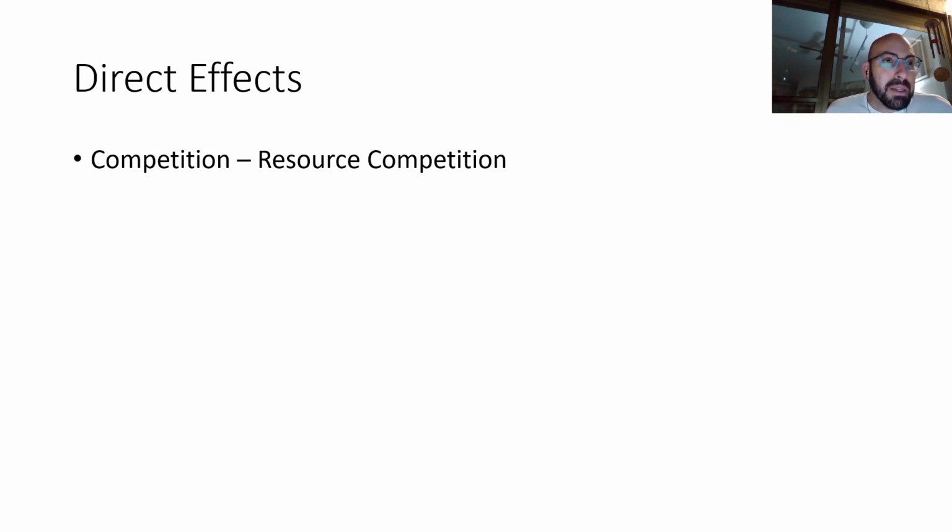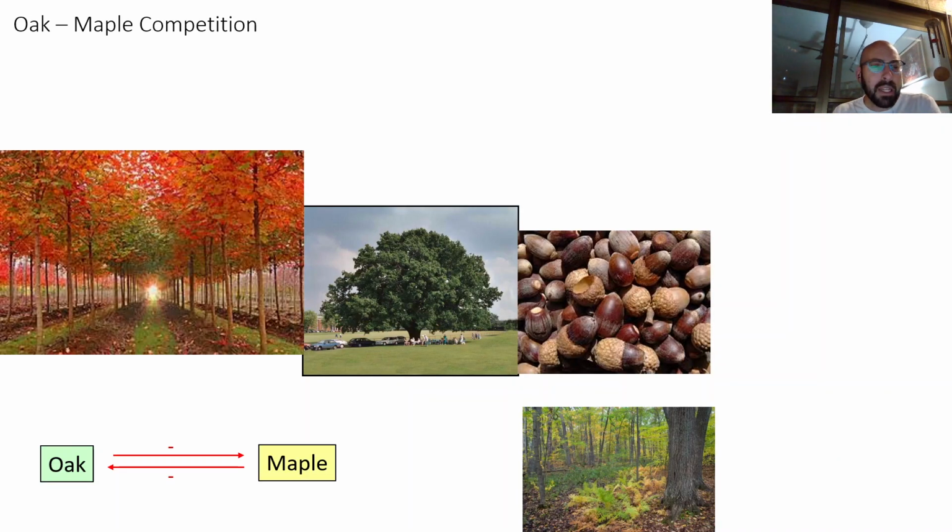So when we think about community interactions, we tend to think about direct effects and indirect effects. The direct effects specifically tend to look at competition. Essentially, the majority of interactions on this planet are competitive. And the major one is resource competition. If I'm competing with you for my food or for space or for water, we are directly competing against each other. Again, in this case, we've got an oak and a maple, and they are competing for the energy of the sun and therefore grow their canopies to cover as much space to block out the light from other plants from using that light.